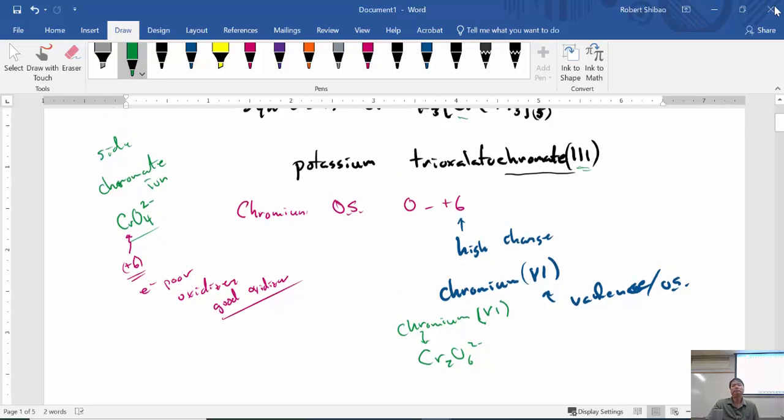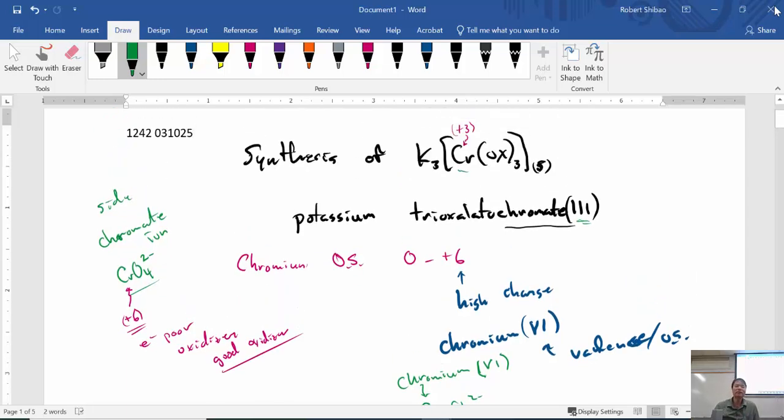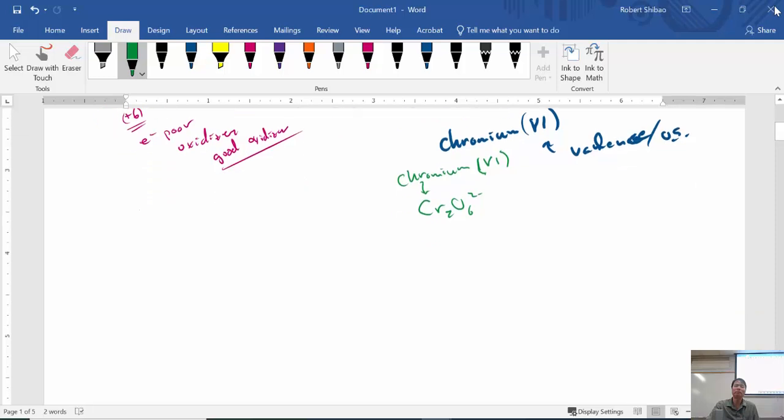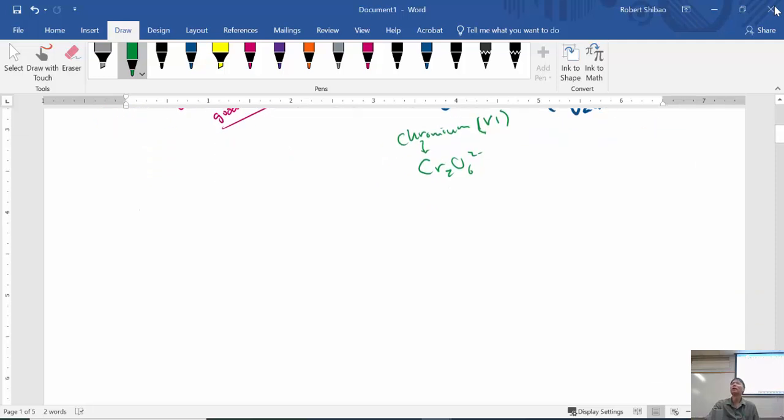And the reason I'm going through this is because we're going to make this stuff, but what are we going to make it from? We should make it from chromium-3, correct? Because we need chromium-3 in order to make this, maybe chromium-3 chloride. But we're going to make it from chromium,